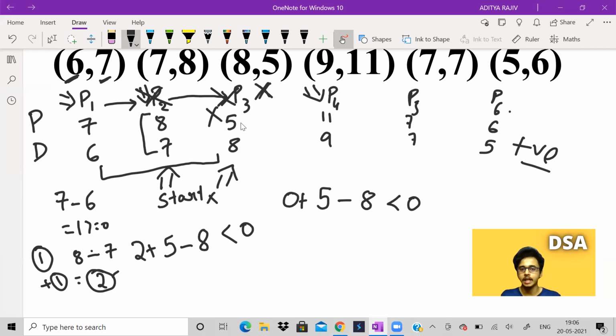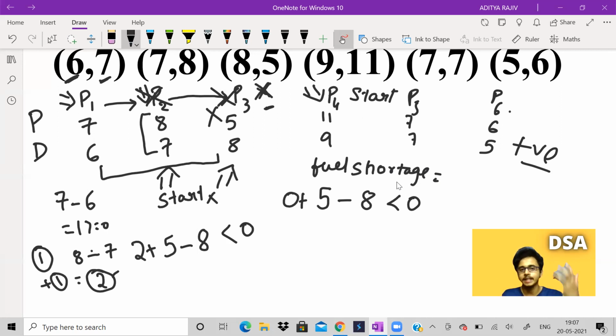That means we need more fuel. So it became less than 0 over here. So put a starting point here. Wherever it became less than 0 at the ith place, make start equal to i plus 1. Okay, start equal to i plus 1. But wherever it failed over here, keep another variable called fuel storage, or fuel shortage, sorry. So let us call another variable fuel shortage, which will tell us how much fuel was needed so that we could have completed the tour.